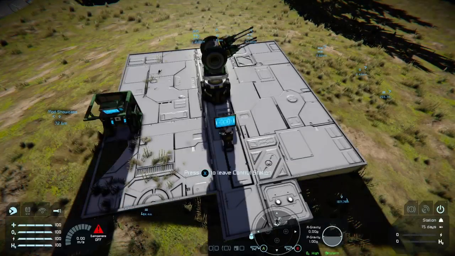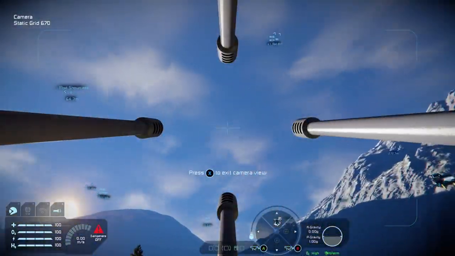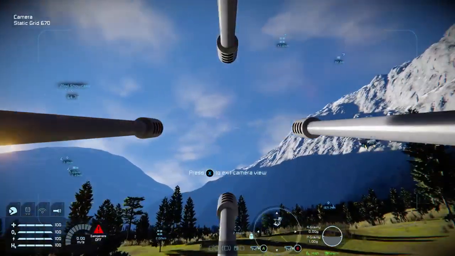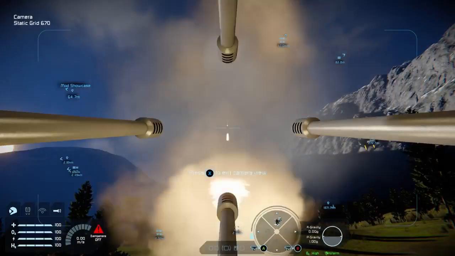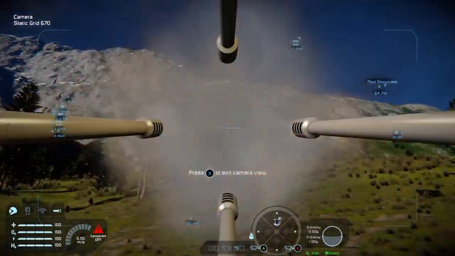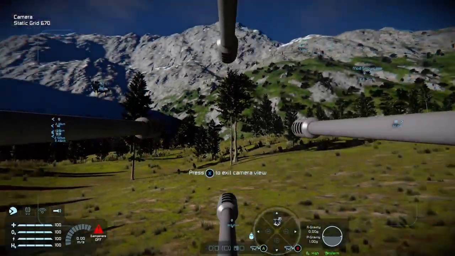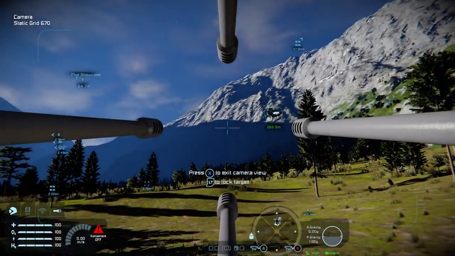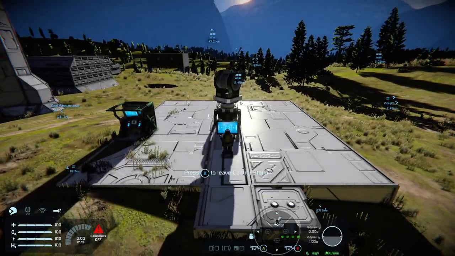A quick save. And now we've got crosshair and guns. If you come out of that, you've still got control.